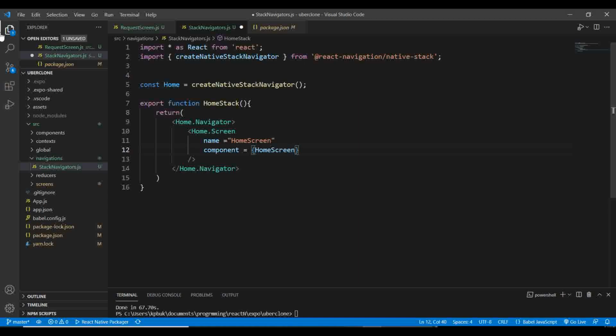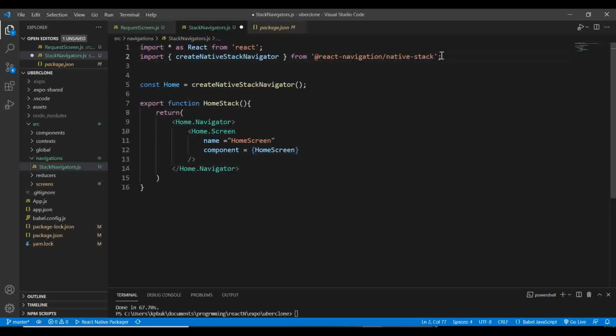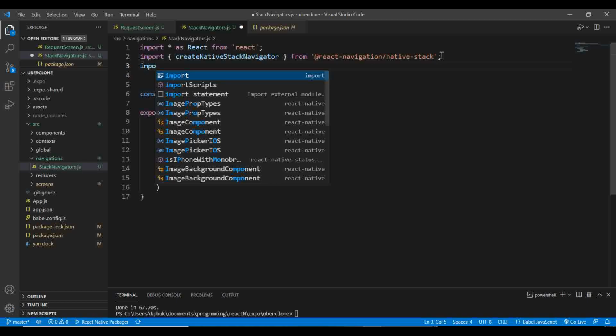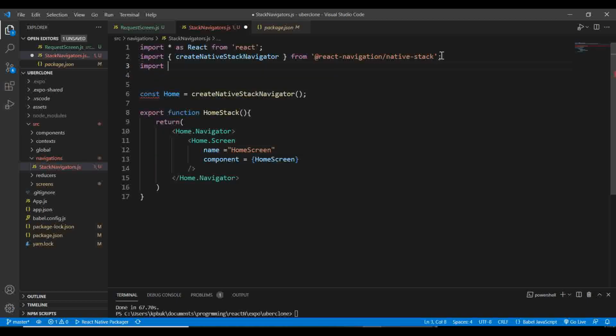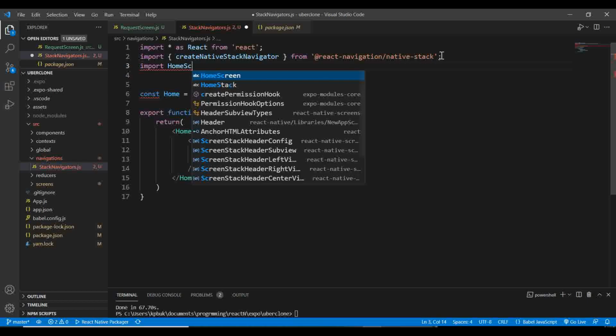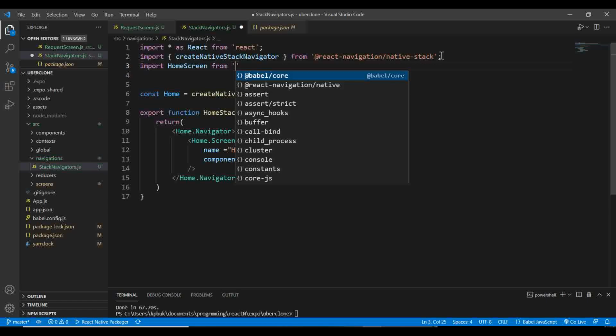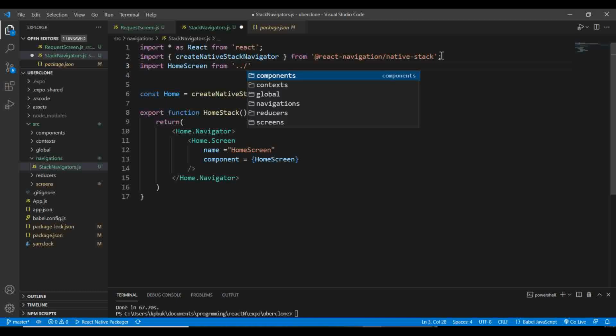And like that, you have to make sure we import this. Normally it's supposed to have imported automatically. I'm wondering why it is not working. Maybe my computer is overloaded, but let's import it anyway. Import home screen from screens, home screen,